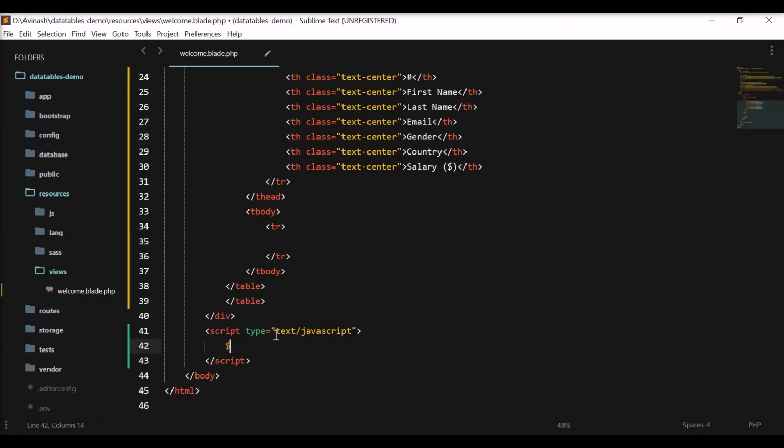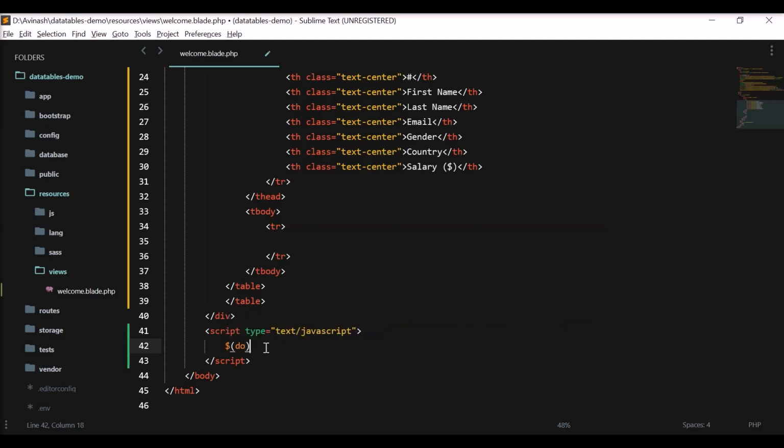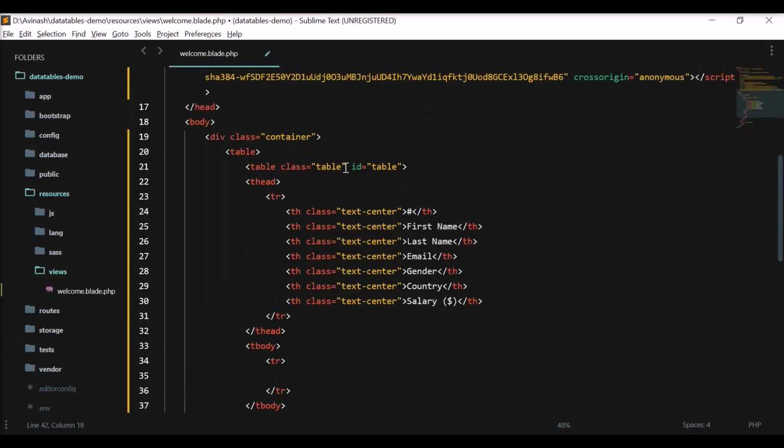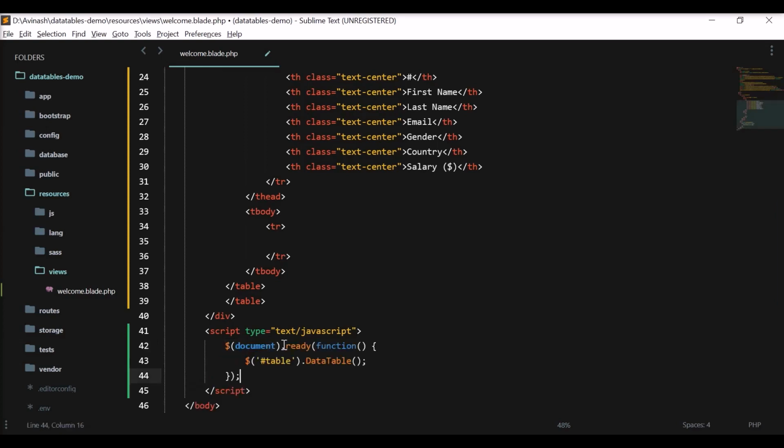So in the document ready function, I will just call data tables on this table here. So document.ready, table.dataTable. So we'll call this method on this table so that this table will be initialized with data tables functionality, search, sort, pagination, and all such things.